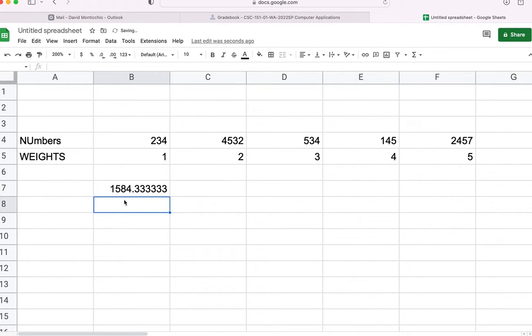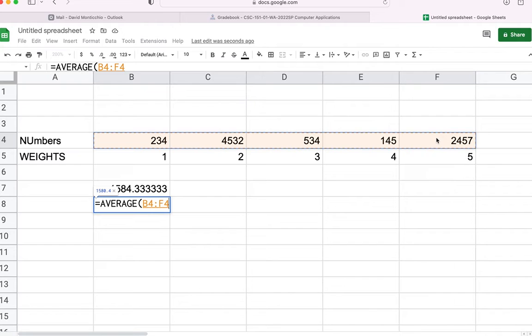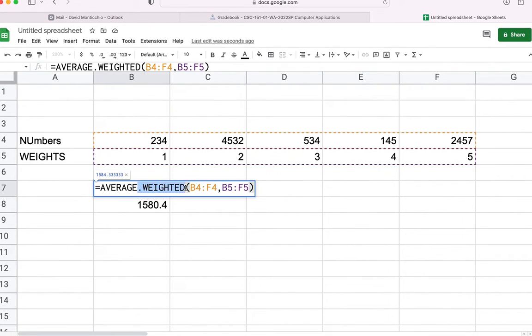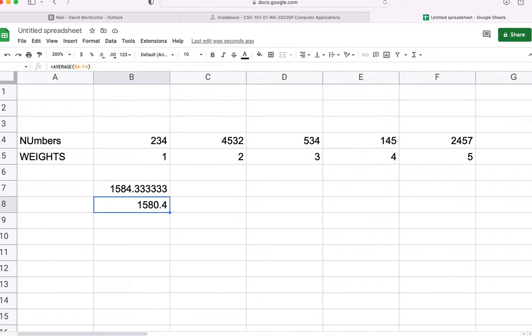And I wind up getting this number, which is different than if I simply did equal average, and I just grabbed those numbers and had it weighed evenly, in which case it gave me a 158.4. These numbers are different because they're different equations. This has a dot weighted option, and it requires just the numbers and then the weights. Now,